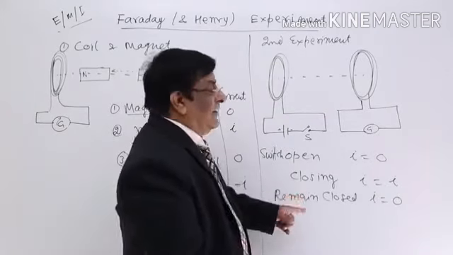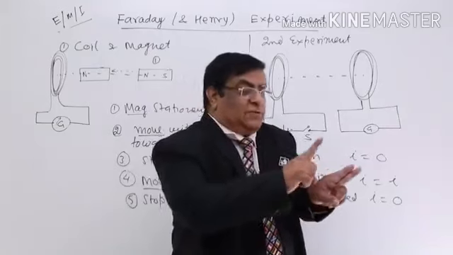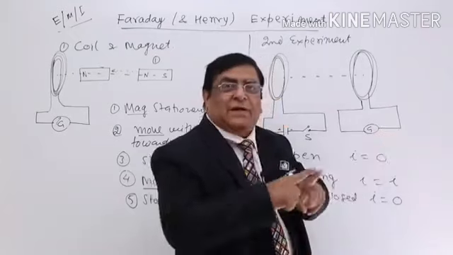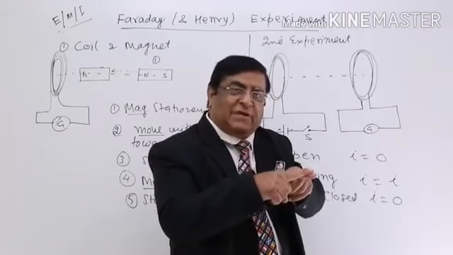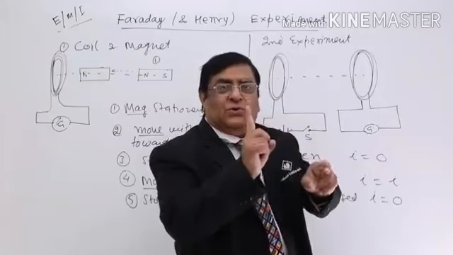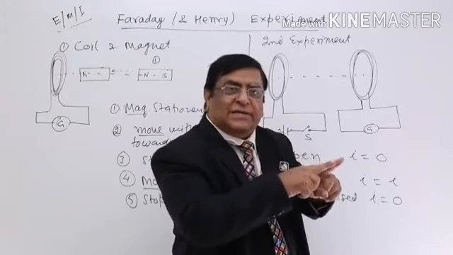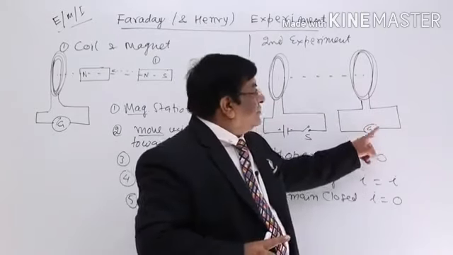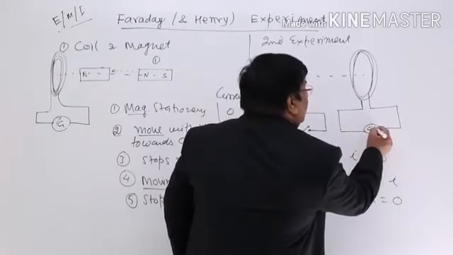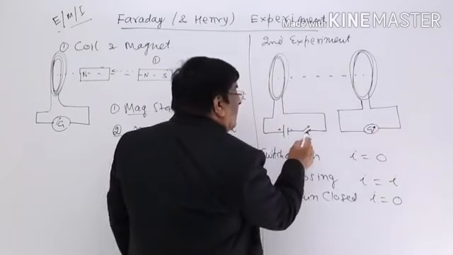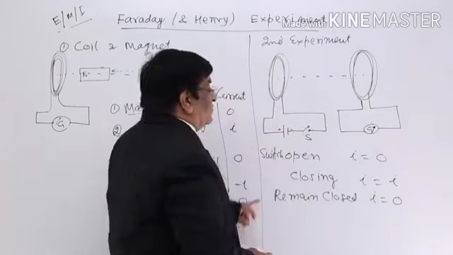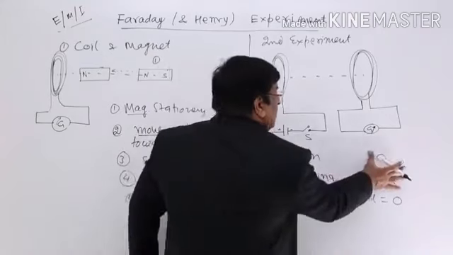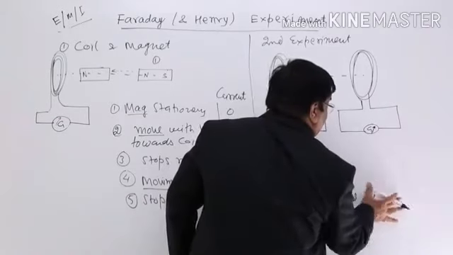What does it mean? Here is the switch. The moment we touch it, there is a flick in the galvanometer. And after our touch is complete and we keep it there, it comes back. So fast. Click it, the current will go, show deflection, and come back. It showed deflection when current started flowing in it. So when we close this, what happens to current in this? Okay, I will show it in this way.